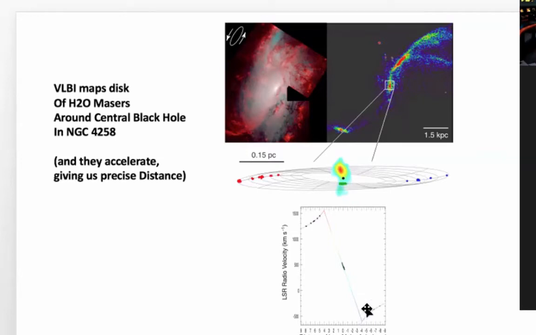See that line there? It's exactly V equals the square root of GM over R. And of course, that's the same mass over there. It's about 1,000 kilometers a second redshift and 1,000 kilometers a second blueshift, because all of the mass is concentrated at the center, and we know exactly what the mass is. VLBI is so beautiful, it actually has measured these water megamasers accelerating around in their orbits, just like the UCLA GC group does of stars going around the Milky Way. But this is in a distant, fairly far away galaxy.